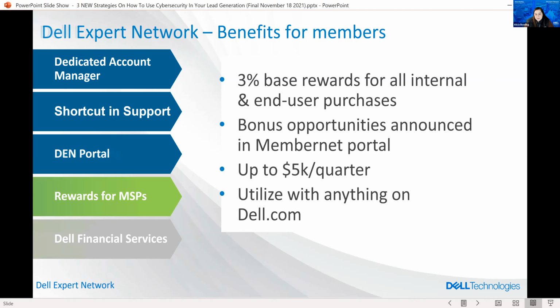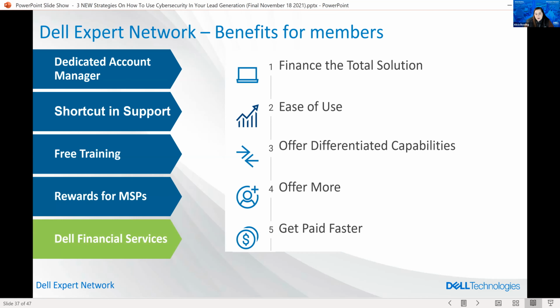The last benefit is with our Dell Financial Services offering. So again, going back to the leasing, not only do you get the 2% bonus, but you also get this benefit, which allows you to send Dell your statement of work, and we add that into your end user's lease. So they can not only finance their hardware purchase, they can also finance your services, and Dell pays you in full off the top. And then that end user pays Dell back over whatever lease term that they've chosen for their hardware. And you get paid after that equipment ships.